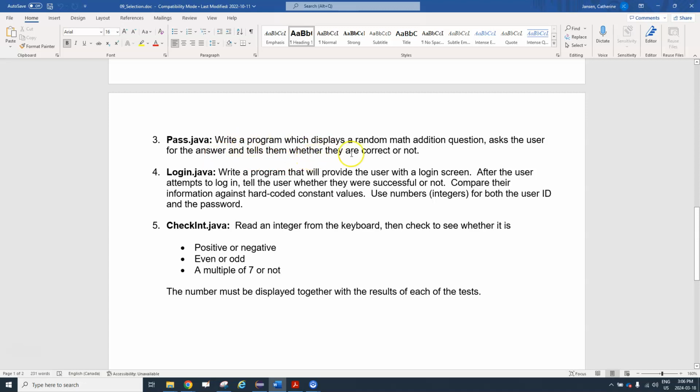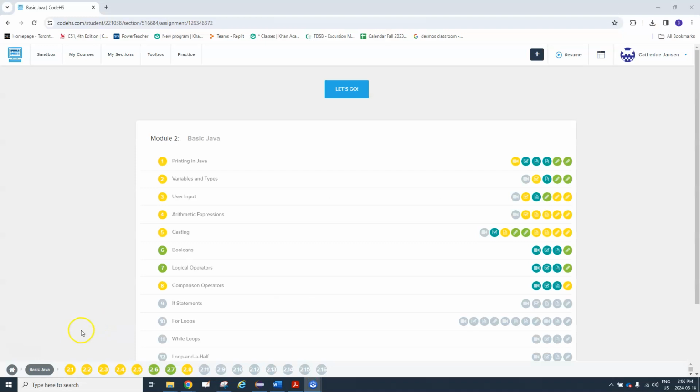Write a program which displays a random math addition question and asks the user for the answers and tells them whether they are correct or not. I'm going to go over to CodeHS. Also to point out, in CodeHS, you should have gotten up to and completed this if statement, section 9 there. So to create your own program, you go into Sandbox,